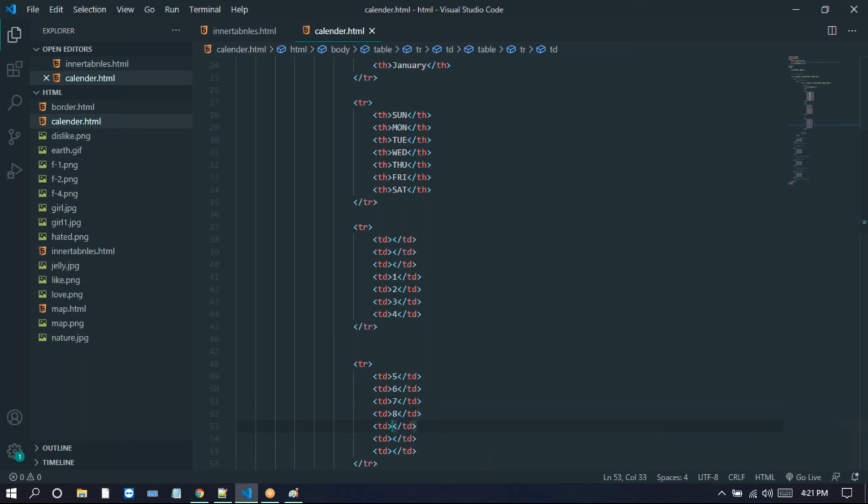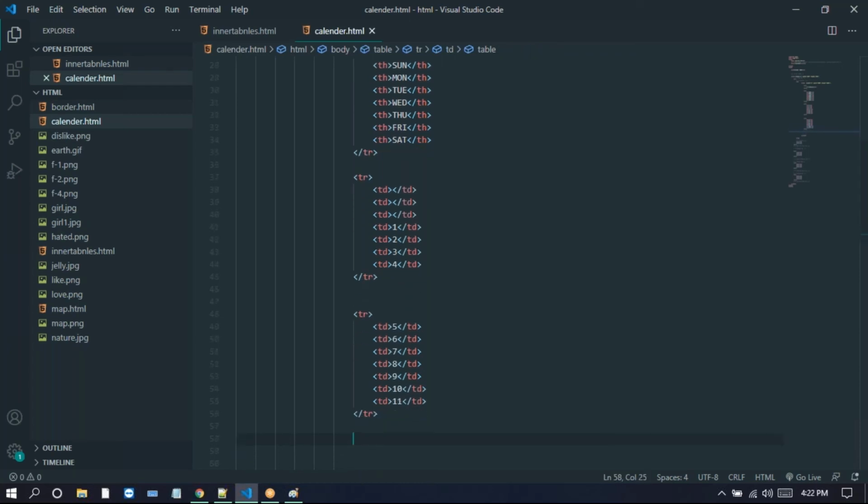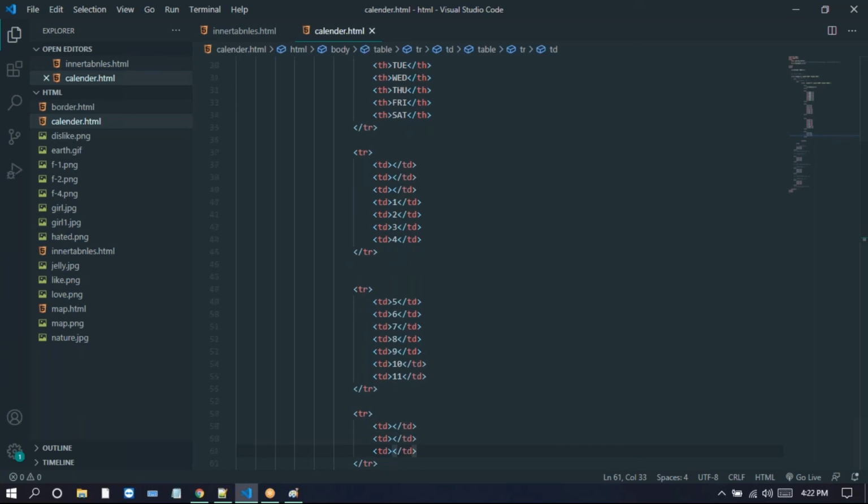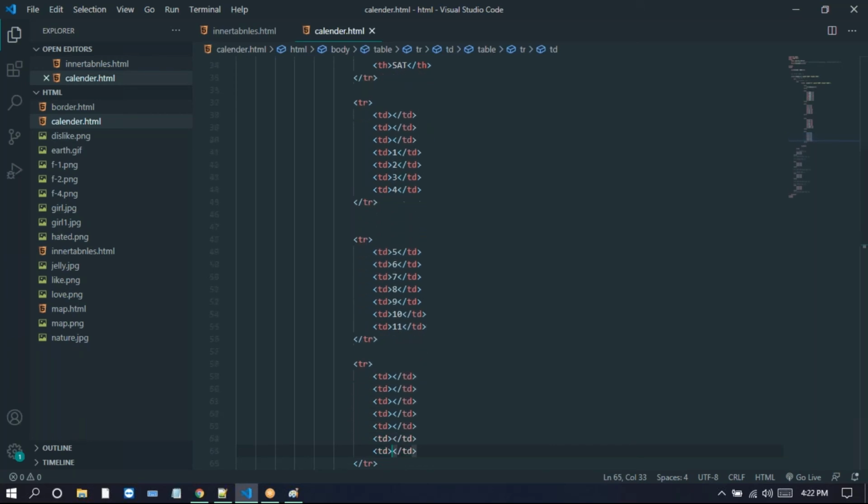So here again I'm taking the TR. For this TR we can take the TDs here. The TDs we need to take 7 here: 2, 3, 4, 5, 6, 7. For the 7 we just write 1, 2, 3, 4, 5, 6, 7. So here we just take 12, we take 13, and we take 14, and we take 15 here.